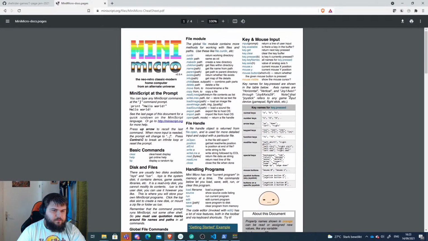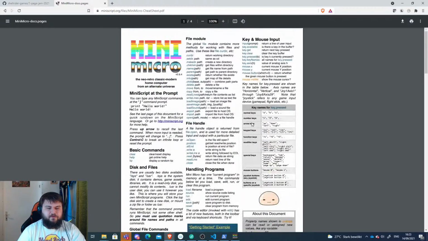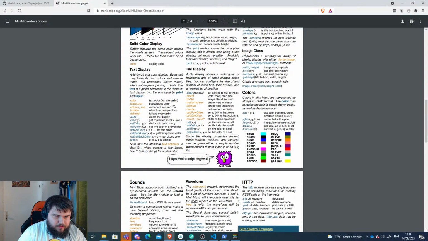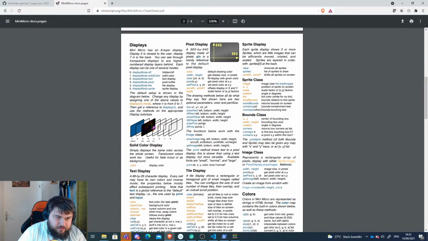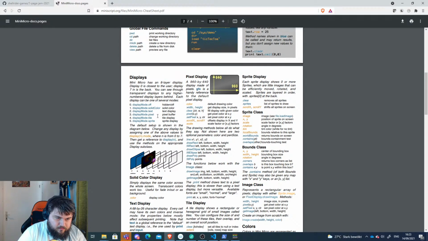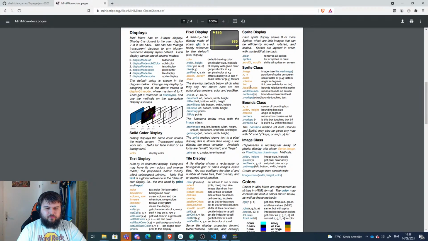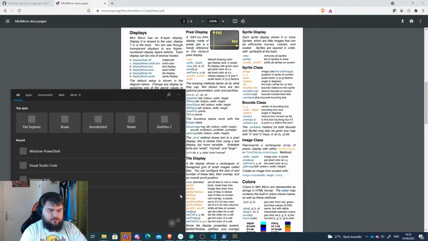First thing I want to do is probably just load a sprite and have this sprite be my player. So if I remember everything correctly, I should have a sprite display. Yeah, it's number 4. No, 5. 5 is the sprite display, and we can have a sprite class. So let's start by adding a sprite